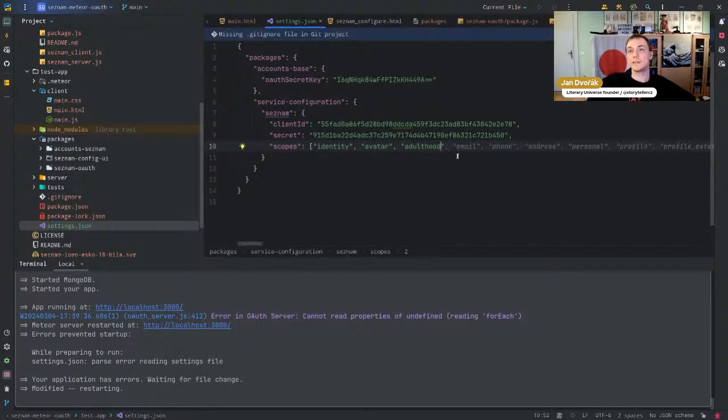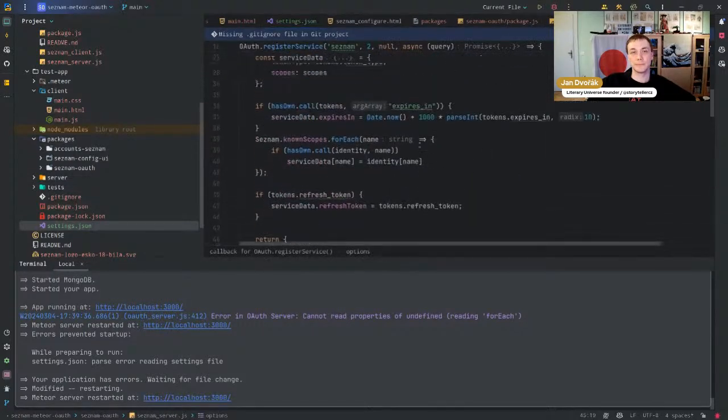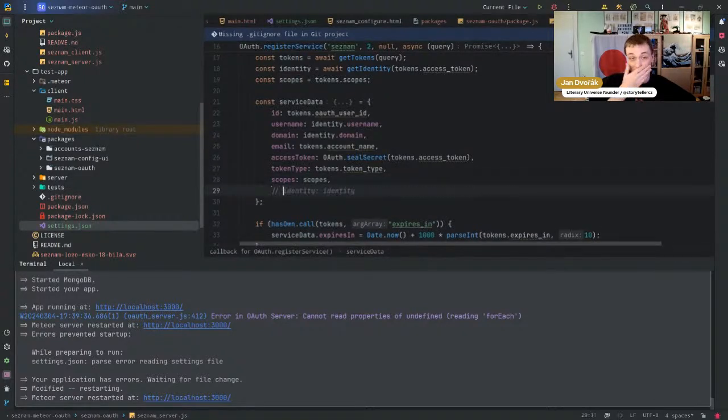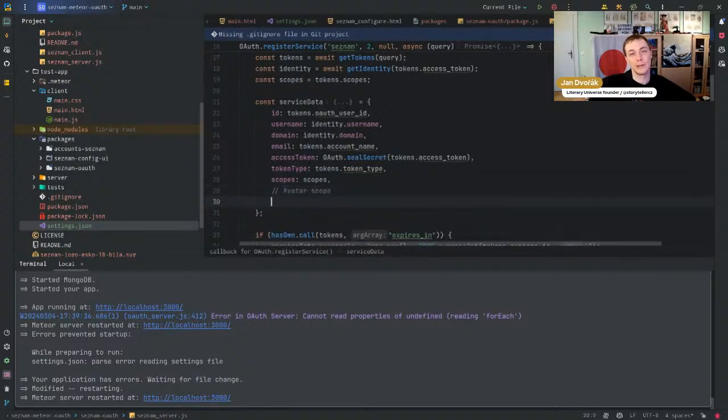And for us, therefore, we should make sure that in this service data we get all the extra adulthood scope,